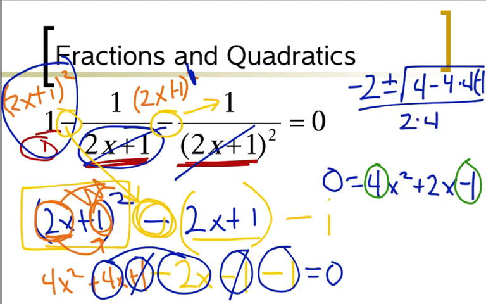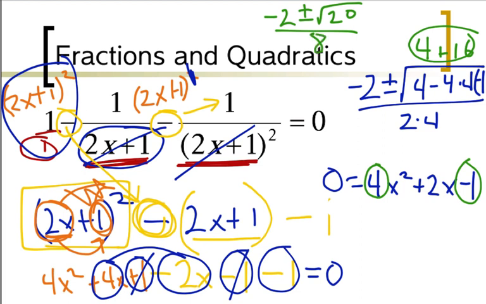So I need to reduce this, and this would give me 4 minus 4 times negative 1, so this is going to be positive 16. So that's 4 plus 16, which means that this is 20. So really this is negative 2 plus or minus the square root of 20 all over 8. Okay, and then we want to reduce if possible, because I can do a hockey stick with 20. So I get 20, hockey stick, 2, 10, 2, and 5. So that means I can pull out a 2. In other words, this will rewrite to be